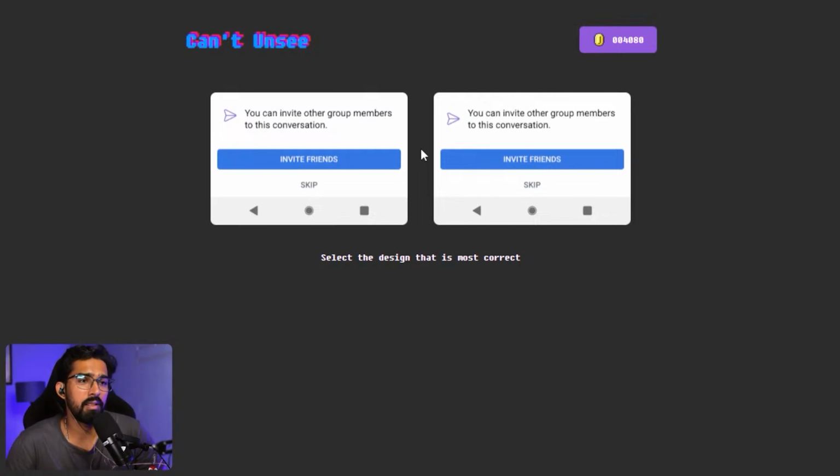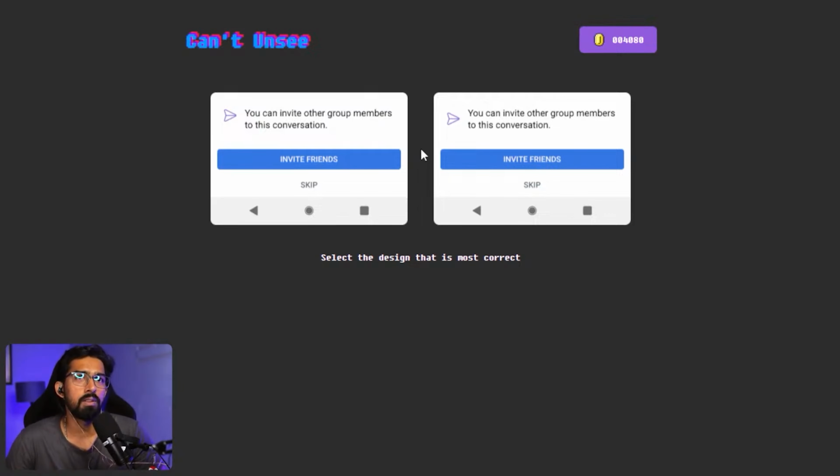But I think there can be some contradictory statements that might come, but let's see. Icon is not middle aligned in the left one, so right is right. Okay, why should it be middle aligned is my question, because the text is starting from the top, right? So why not top?